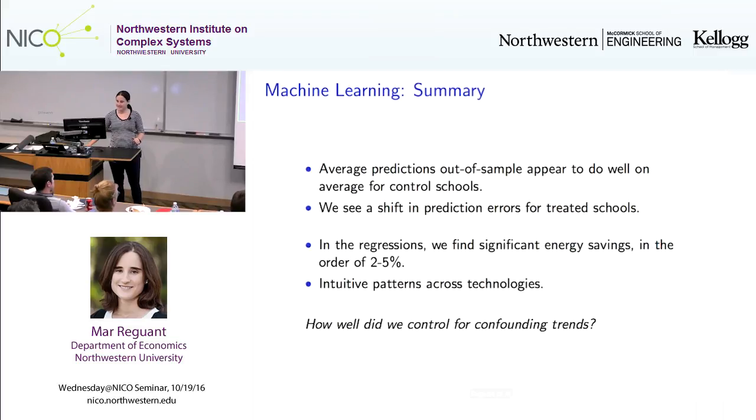So our final test is going back to our placebos. How well did we control for these confounding factors? Here I'm showing you a very small snapshot of what we can do. But in our paper, we can look at heterogeneity in temperature, and heterogeneity across different schools. Basically, the approach suggests that the machine learning will be better at looking at those different heterogeneities as we chunk the data finer and finer. So the question is, how well did we do to control for these confounding trends? Are we really doing a better job at looking at this heterogeneity?